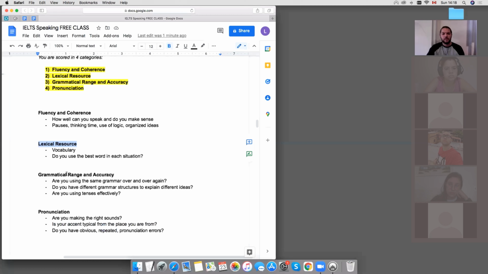That's it. To go down one more, grammatical range and accuracy. Range means how much you have, from easy to complex. So at the most basic idea is our tenses, right? Some of the first things that we learn in English are simple present compared to our present perfect, compared to our past perfect continuous. Are we using a wide variety of grammar? Are we using a wide variety of different kinds of structures for different kinds of situations? And then if we do make an attempt, let's say that we use the present perfect continuous, do we use it properly?